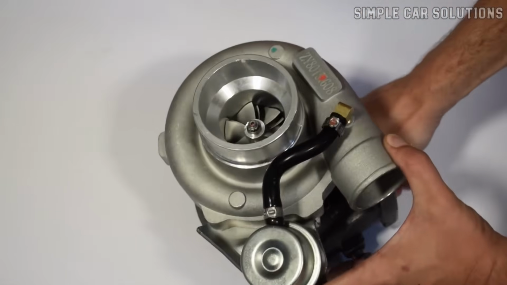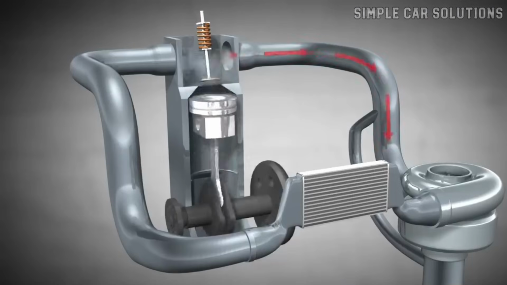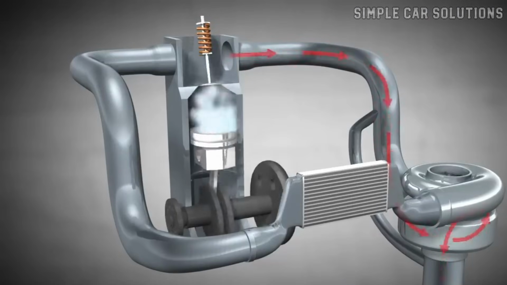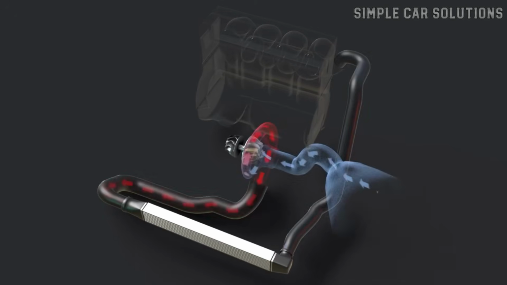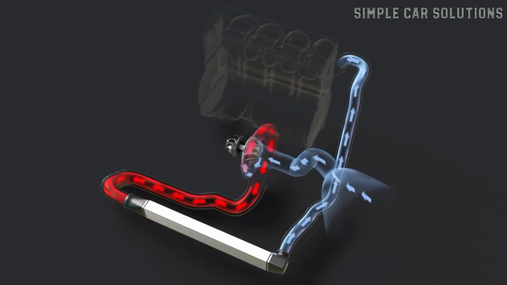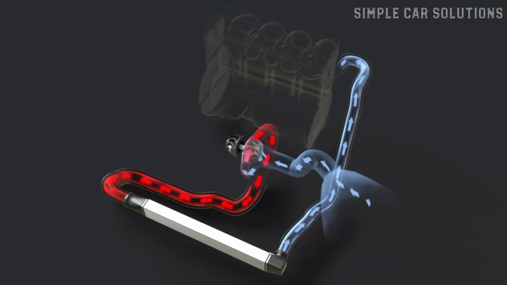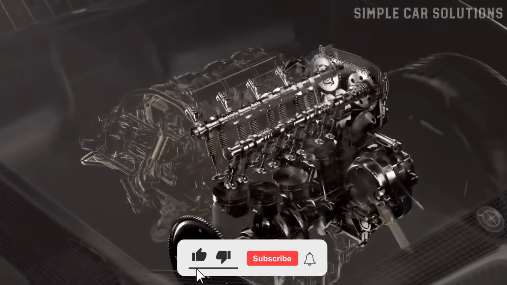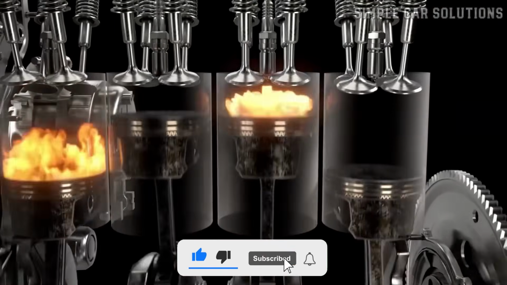Many vehicles today use a turbocharger to increase airflow into the engine. The way it works is that exhaust gases spin the turbo, which in turn pulls in and compresses more air. Since compressed air gets hotter and denser, it's routed through an intercooler, similar to a radiator, where it's cooled down before entering the intake. By using a turbo, manufacturers can get more power out of smaller engines by pushing in